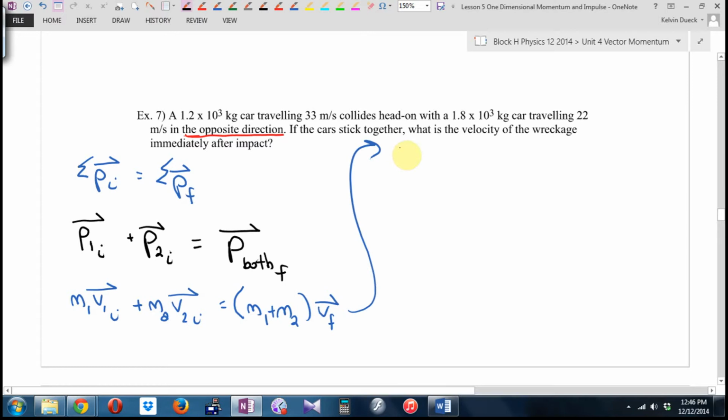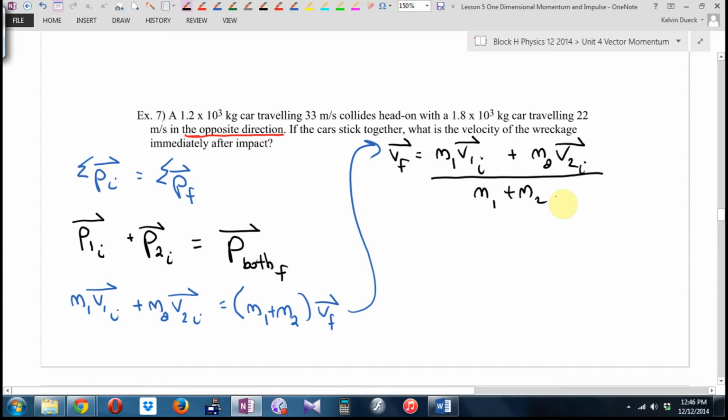What am I trying to find here? V final. How would I get the V final by itself? So it's going to be M1 V1 initial, and that's the vector, plus M2 V2 initial, and that's the vector, divided by